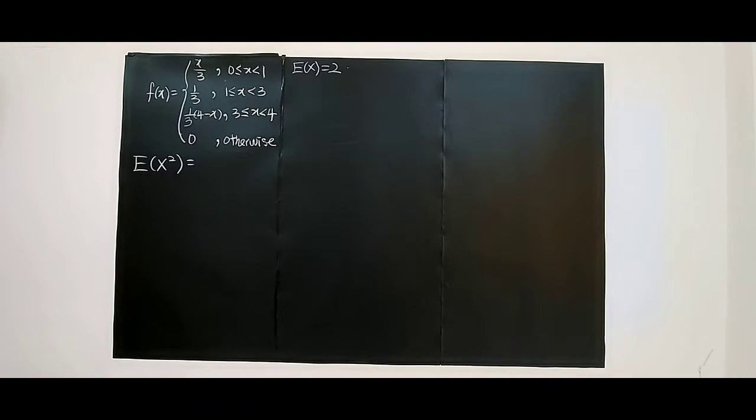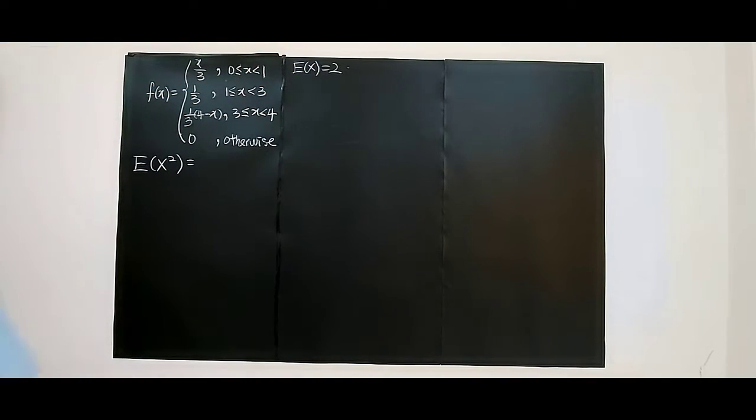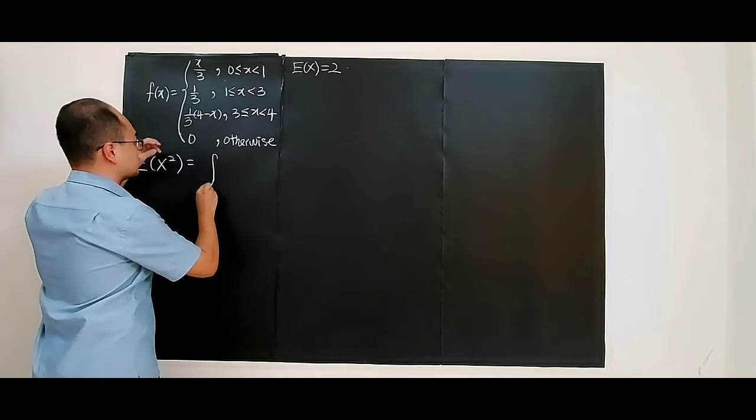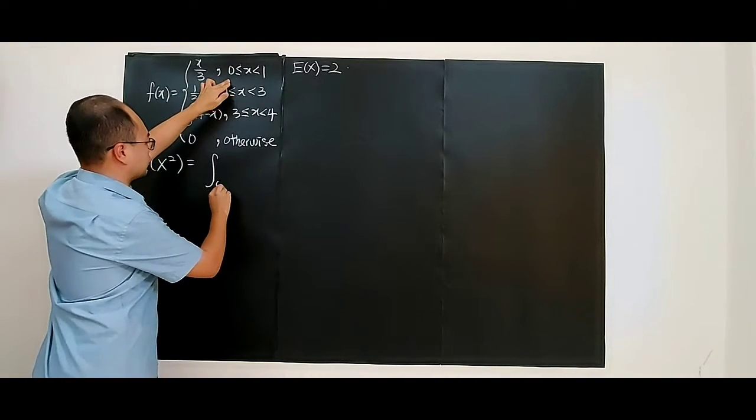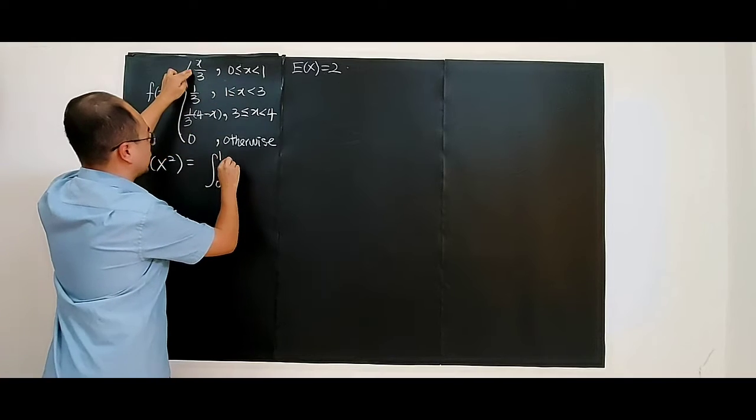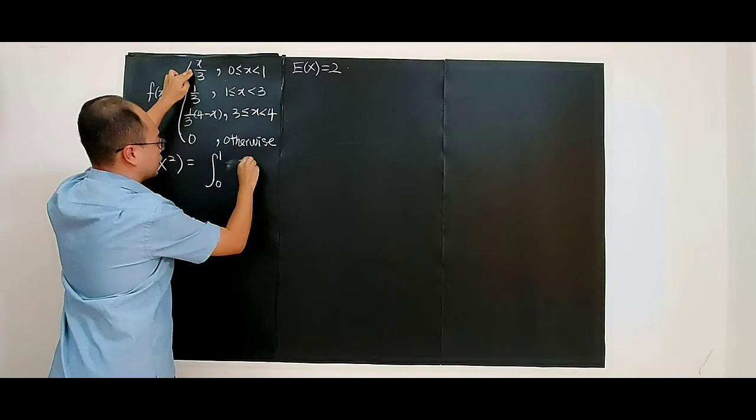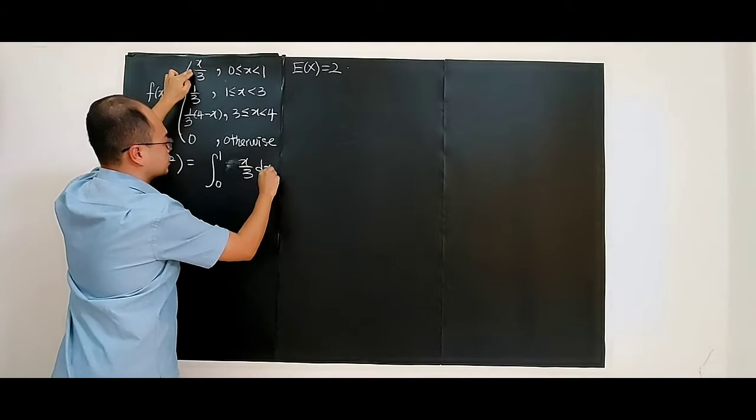Alright, now I'm going to find the expected value of the function x squared. I'm going to show you it's the same thing. You're just doing this. Usually you will integrate from 0 to 1 for x over 3 dx,